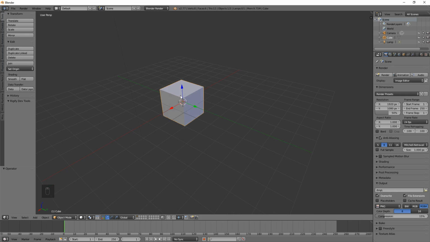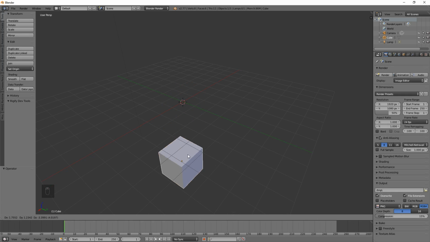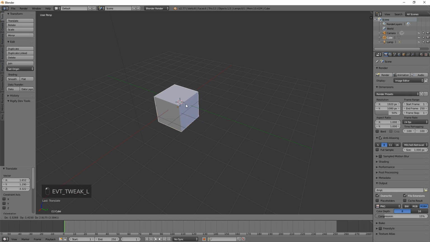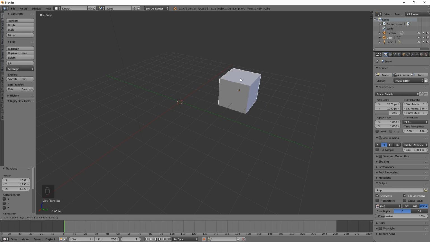Let's say we're looking at it from this direction here, and I want to grab it and move it towards me. And I do that, it's really hard to tell where it is now, because if you turn your view, you'll see that it actually dropped down quite a bit. Maybe I just wanted to move it towards me, or even if I wanted to move it along that X line, you see the grid through the box, and then if you go this way, you see it's above the ground. It's actually, the way Blender is whatever direction you're looking, if you just grab it and move it around, it'll always move it